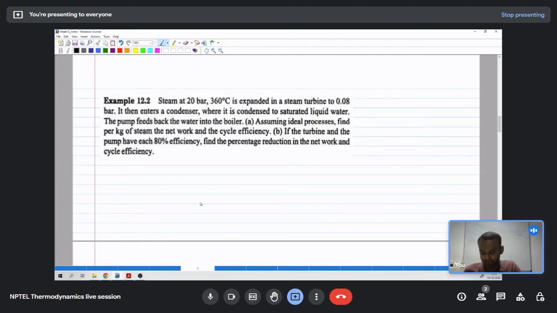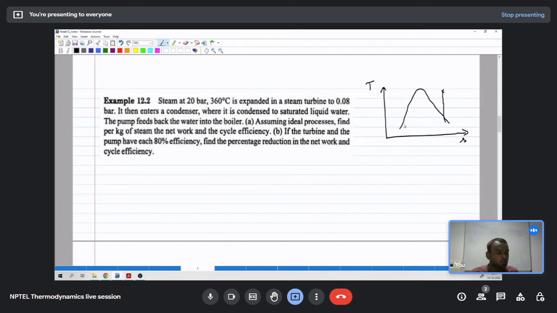If the turbine and the pump each have 80% efficiency, find the percentage reduction in the net work and cycle efficiency. So a simple Rankine cycle is given, representing that in a TS diagram. We have the vapor dome, and steam at 20 bar, 360 degrees Celsius should be a superheated state, and then we have something like this